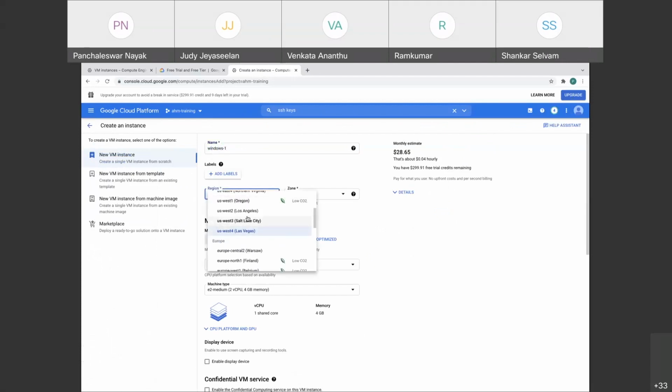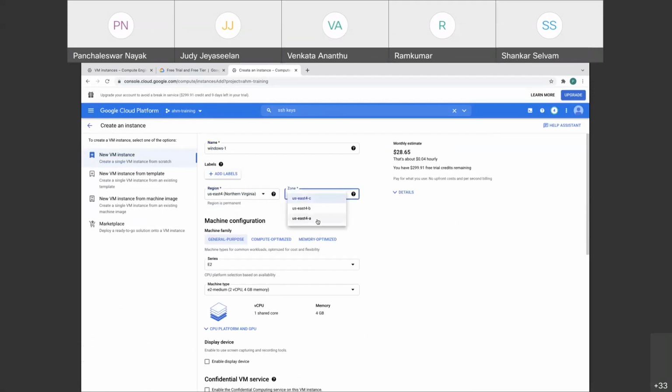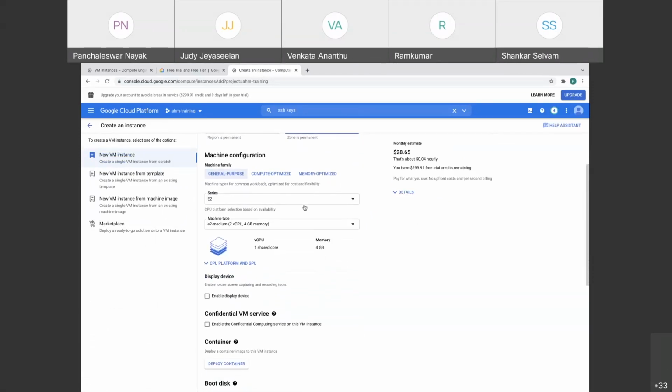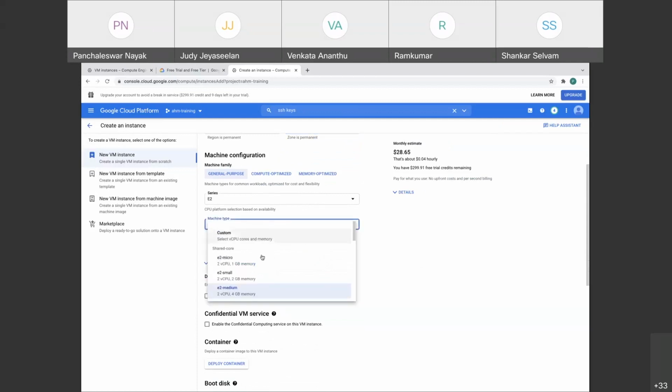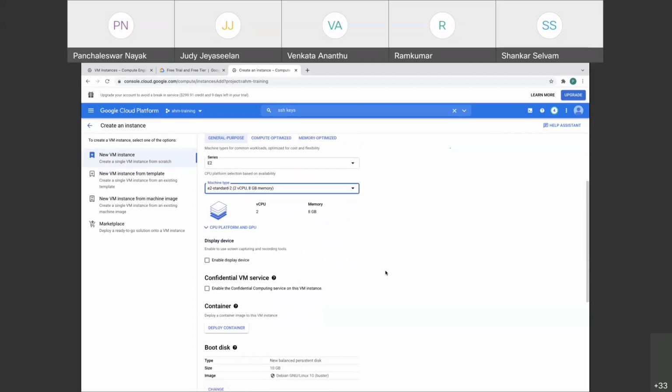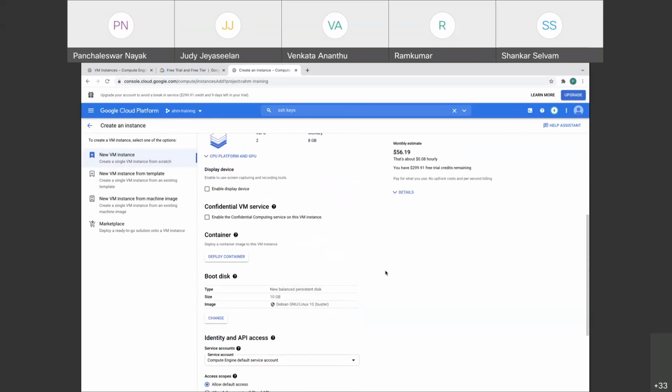So here, same thing, I'll go with North Virginia, same region, and put a little more memory for Windows. Same thing, 4 gigs should be fine, but it will take some time, so I'll put a higher memory. 2 vCPU with 8 gig. And here,